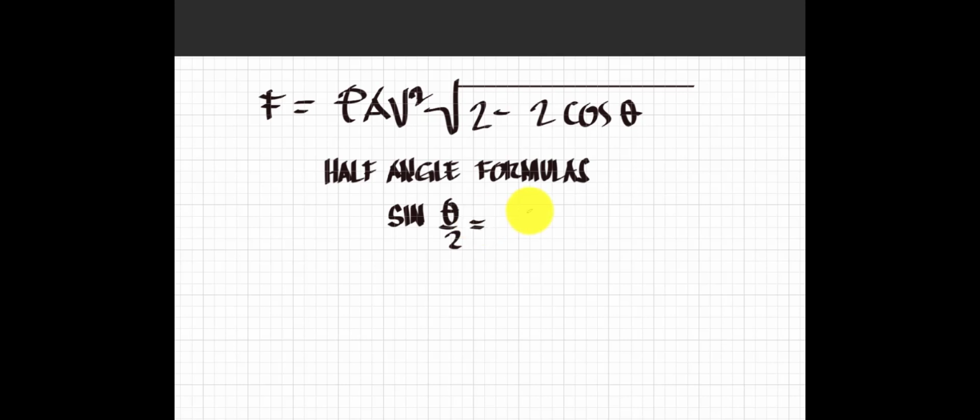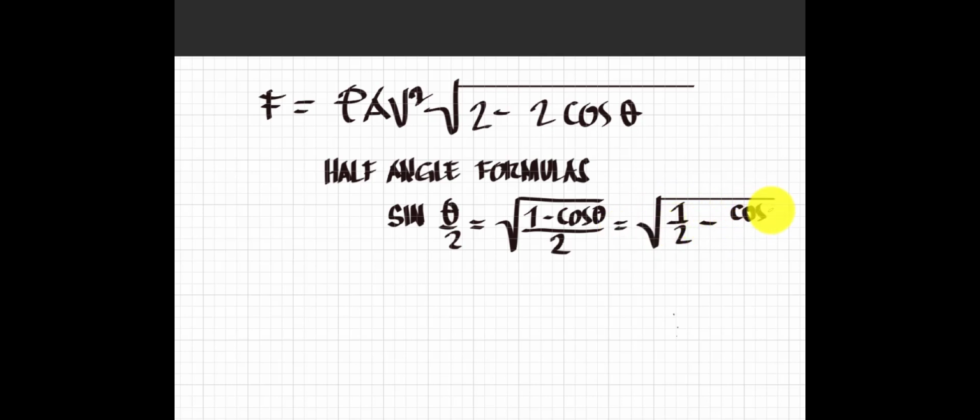So that is equal to the square root of 1 minus your cosine of theta. So we can further reduce our equation, so our half angle formulas we can expand into, that will be equal to 1 over 2 minus cosine theta over 2,